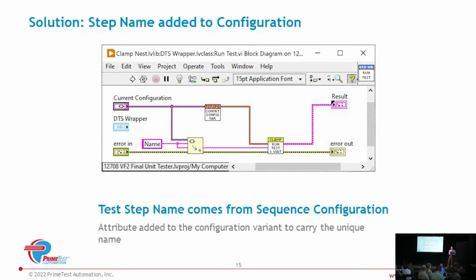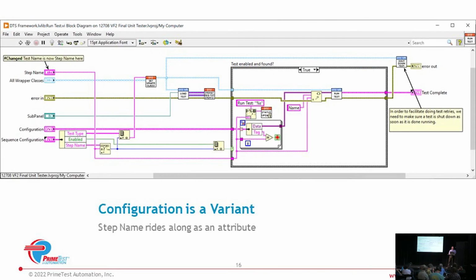But I noticed that we already have a variant. So since we already have a variant, that means we have the ability to do attributes. Let's do an attribute for the name. And then where that actually plays out is, now the step name comes in, and we can use that to look it up on our list of step names and figure out, okay, which step is this? And then pull out the configuration data for that step and send it on to the run test request,